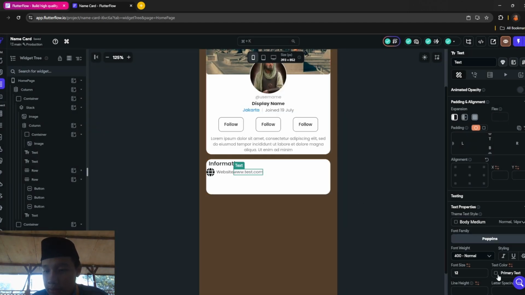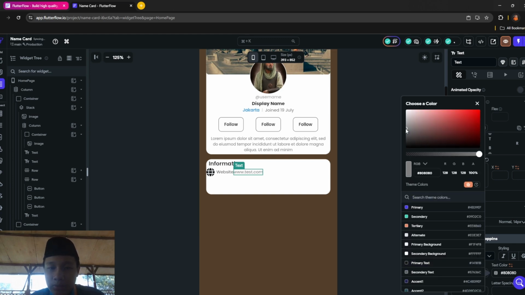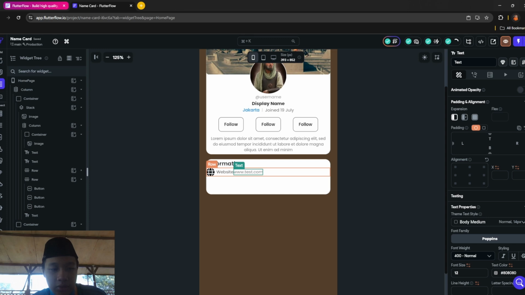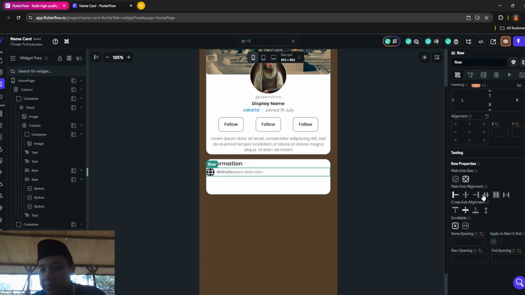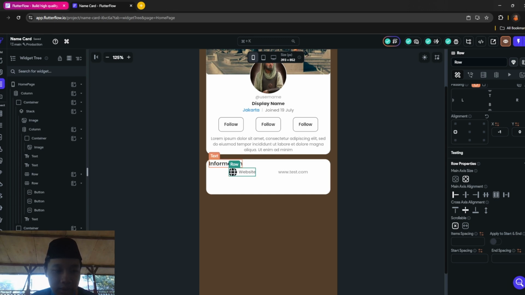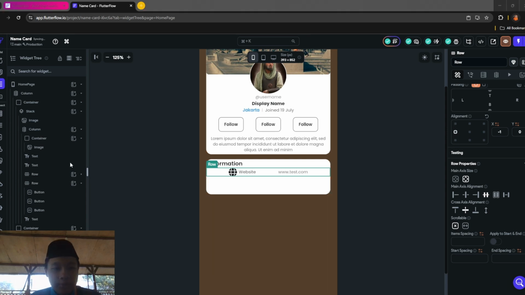Okay, after that you want to change the primary color of the text to kind of gray, and then click again on the row, main row, and then main axis alignment space evenly. It should look like this, but you want to click this row and then alignment to left, top left.